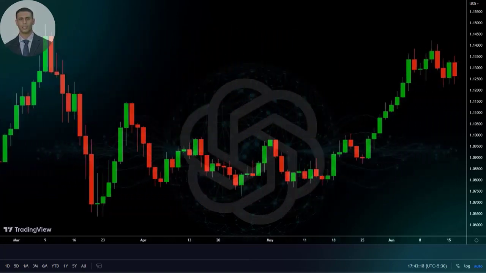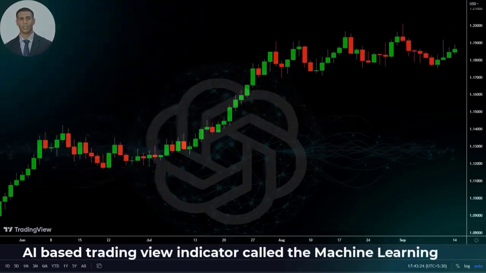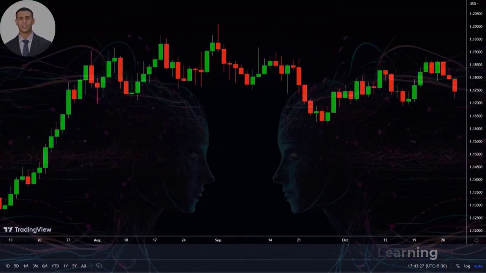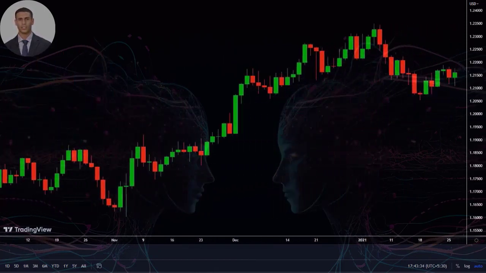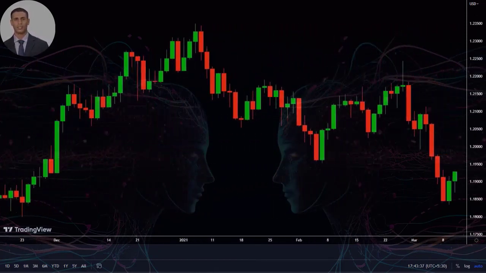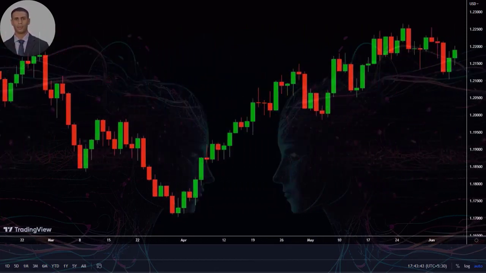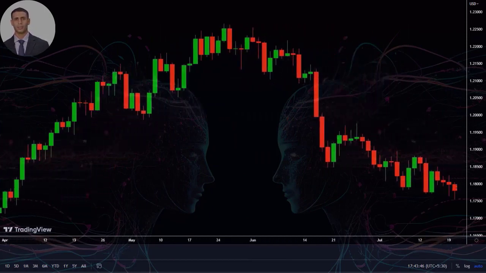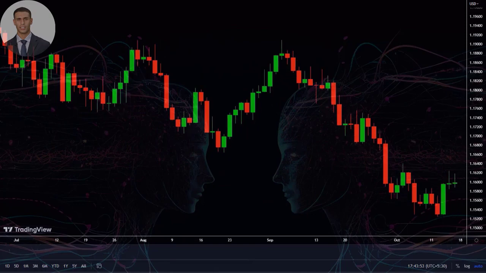I went ahead and asked it to create the best strategy using an AI-based TradingView indicator called the Machine Learning indicator. This indicator is currently going fully viral. I also mentioned that the strategy's goal is to turn $100 into $10,000 in the shortest amount of time possible. It provided me with a detailed strategy. It wasn't really perfect, so I had to make some tweaks here and there, and here it is, the final